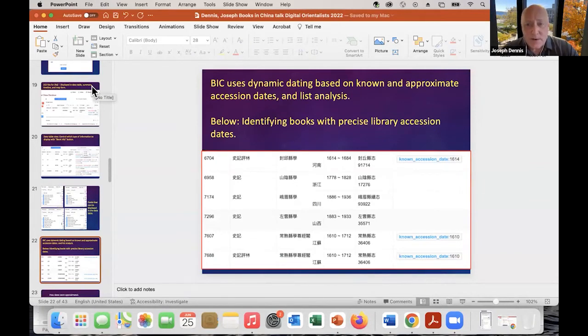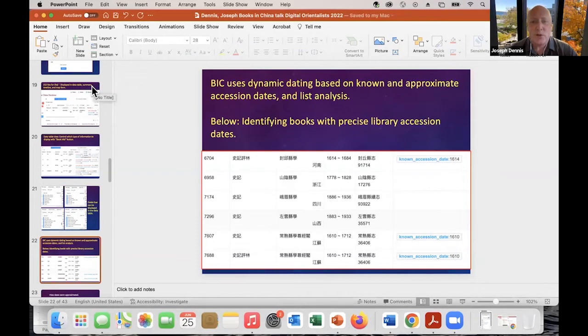One of the things that was very difficult was to date books that didn't have specific dates in the original source. And so the way I've done this is to collect known dates. Like many of the records will have very precise dates. Others will have approximate dates. They'll say things like, this book was given by the magistrate, and then I can find that the magistrate was in that place for 3 years as the magistrate.